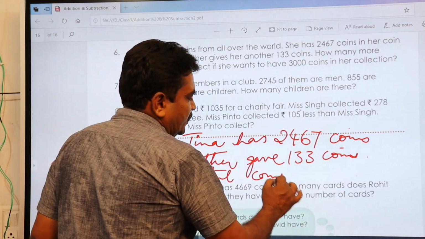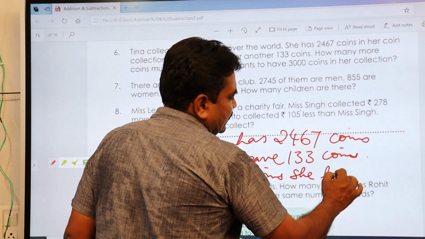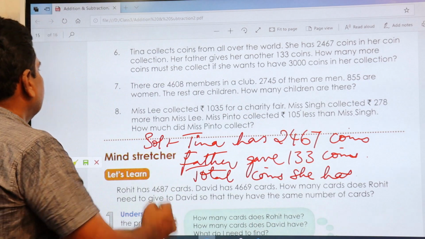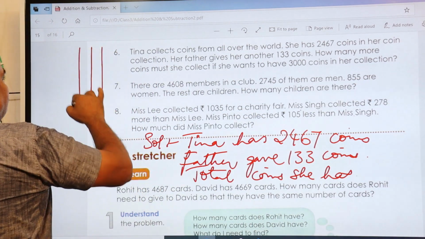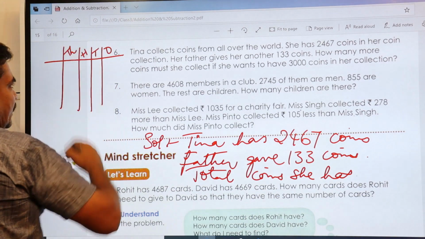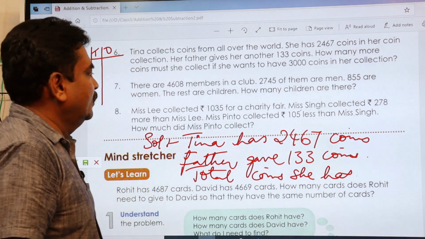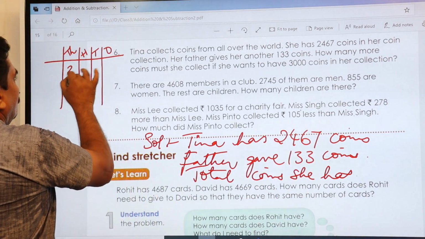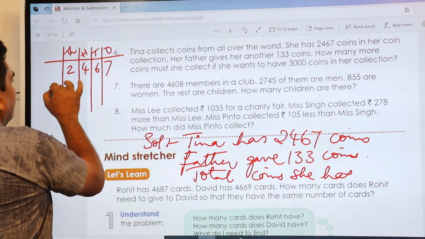Total coins she has, how many? You have to add these two. Again I'll write down here ones, tens, 100, 1000, and then 2467 plus